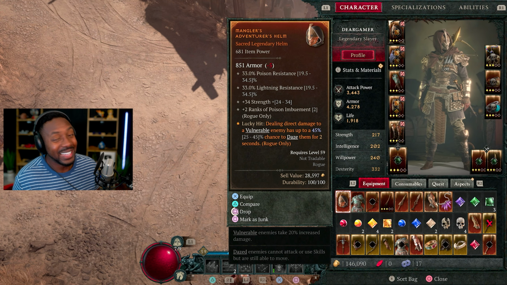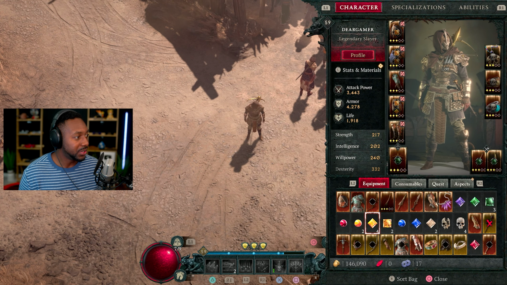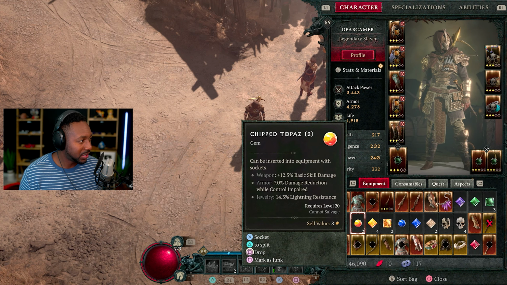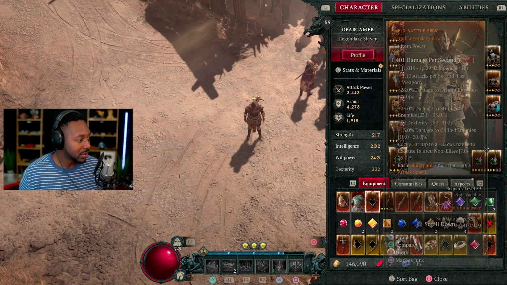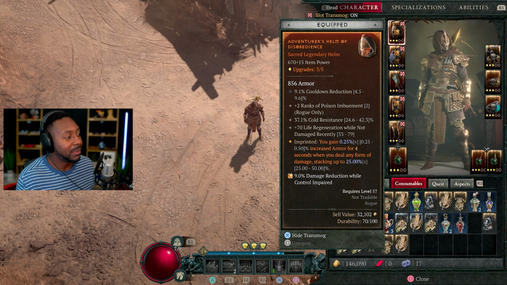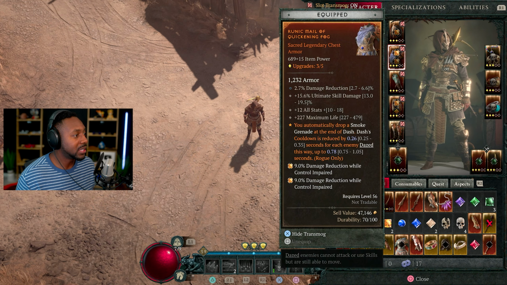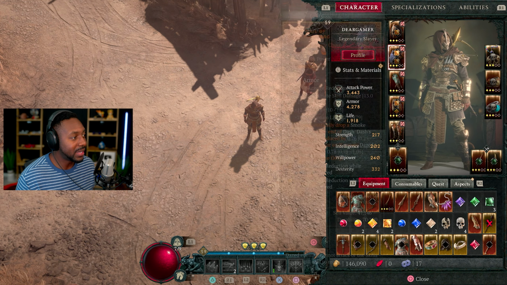So now let's get to the build. The build I'm using is pretty juicy. Everything is pretty sacred at this point. I'll just start from the top and go across. The helmet: I re-specced to get cooldown reduction, so I was like, cool, I kept that. If you notice, for all my sockets, I want to have the topaz on my armor